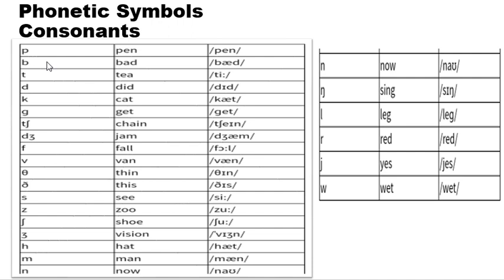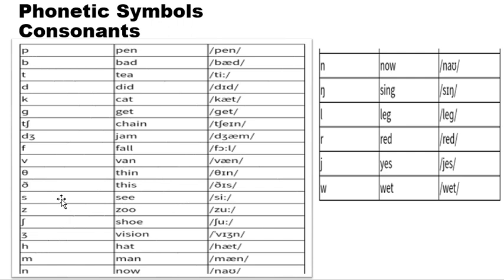Then b, as in bad. A b is a voiced sound. And t, as in tea. T becomes voiced if uttered wrongly, but t is a voiceless sound. D as in did, k as in cat, g as in get, ch as in chain, j as in jam. F as in fall, v as in van, th as in thin, th as in this,